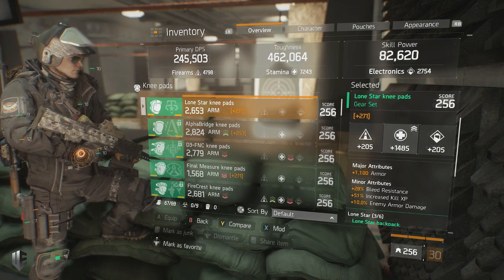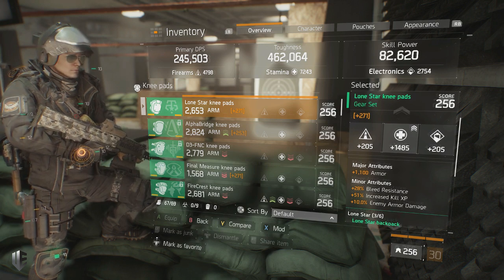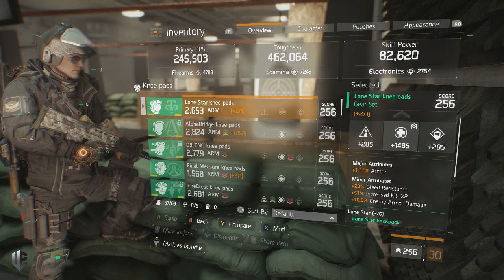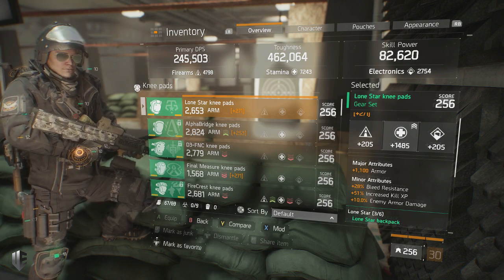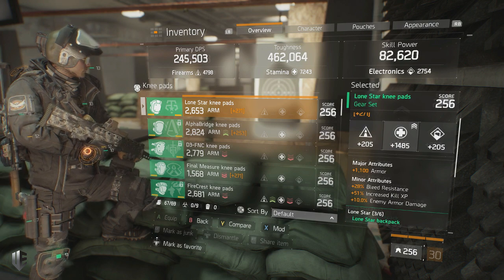The second is a major attribute of armor. I would prefer to have about 145 additional armor here, but 1100 doesn't hurt, and it will fulfill my purposes. And the third, and I would actually venture the most important thing to have built right into a piece of gear before you re-roll it, is enemy armor damage in the minor attribute slot, since it does now have a